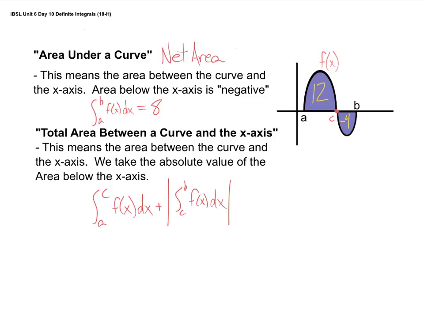Okay? So from c to b. Okay. Well, c is to the left of b, so you always go left to right. Otherwise, it'll make it negative. Okay? So from c to b. And we take the absolute value, and that would give us 12 plus 4, giving us a total area bound as 16. Now, depending on what application you're doing, you may want a total area, or you may want the